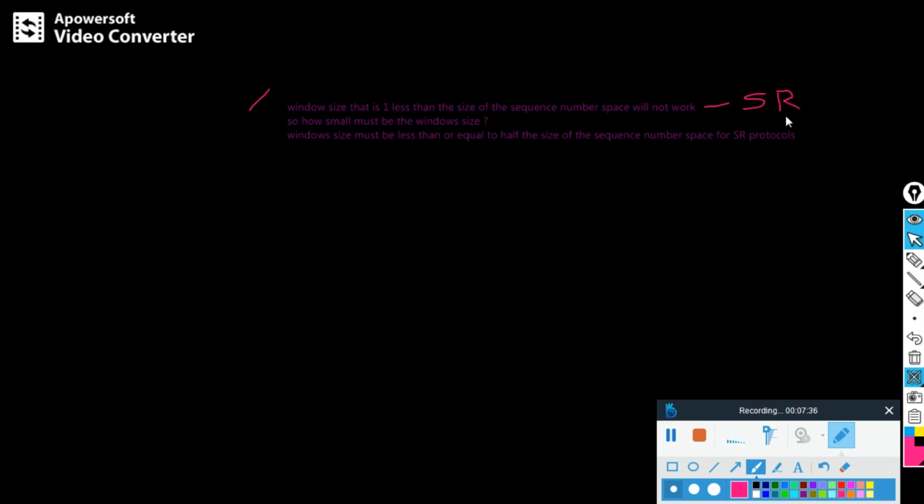In GBN we use that, but here it will not work. So how small must the window size be?